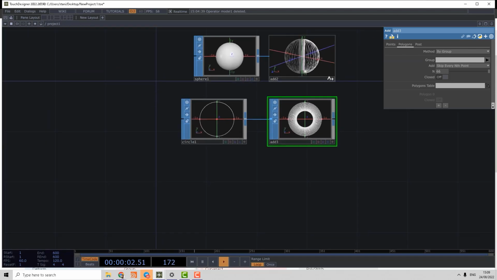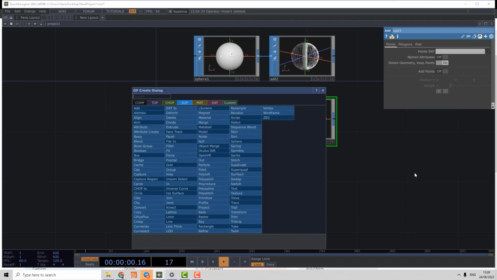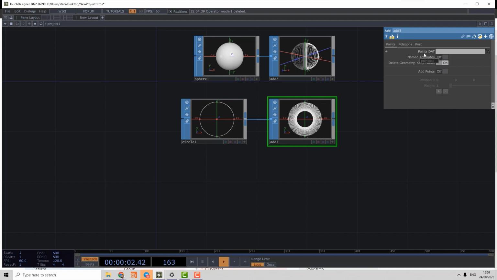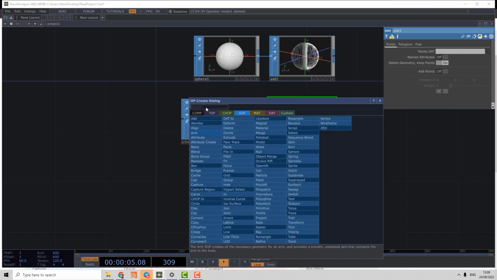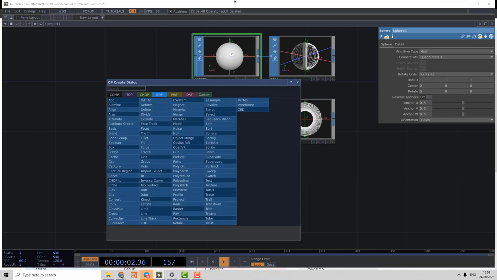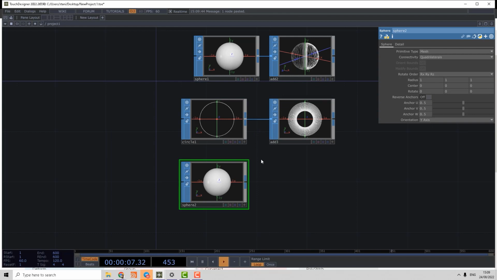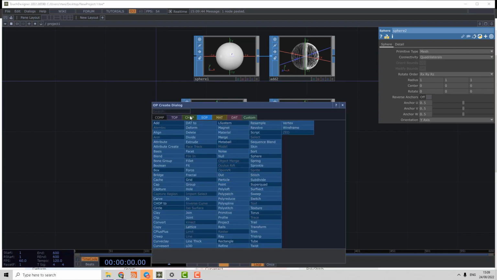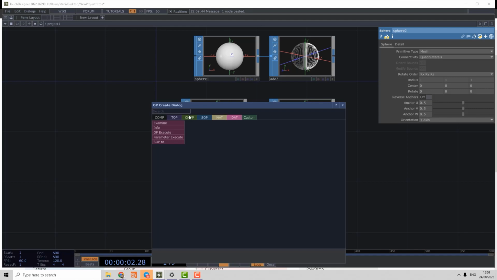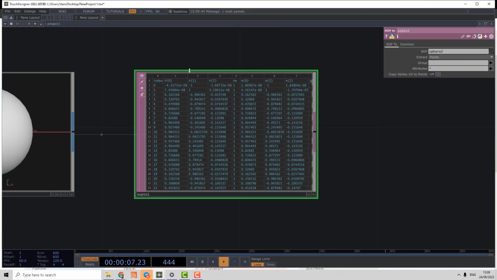Another approach to use the add SOP is to generate geometry by points DAT. So for example, let me just show a simple example. If we have a sphere SOP, let's copy and paste that, and for example I want to convert it to DAT using SOP to DAT. Now I have a table with all